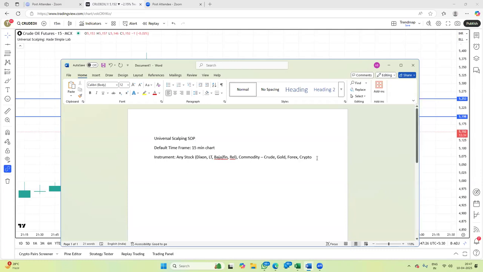So these are the two things, and we have to use an indicator. Which indicator do we have to use? The indicator to use is Universal Scalping